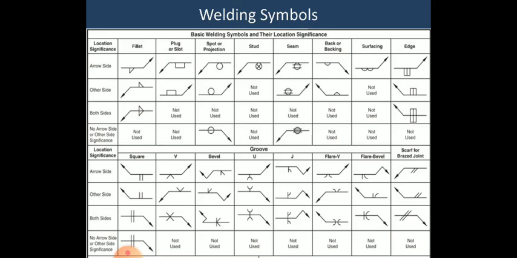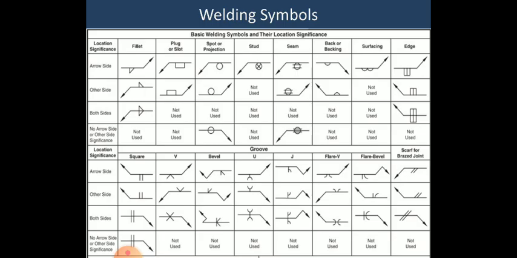So by these tiny symbols a welder is able to understand the welding positions and how this particular welding is to be performed, as this very basic welding symbol and their location significance show how, when, where and which type of weld is to be performed on the materials, right?